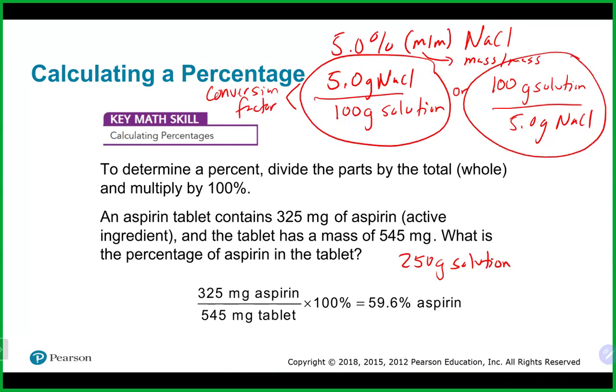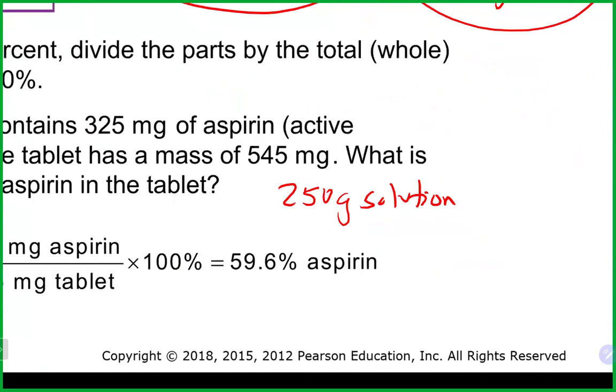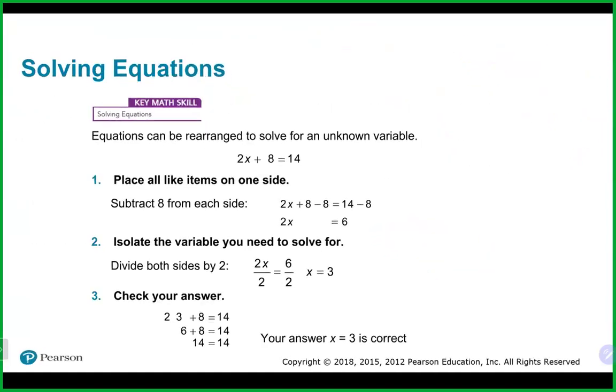What determines which one we want to use, to keep it very simple, is opposites cancel. So if we want to get rid of a unit, we have to put the exact same unit in the opposite location. Now you may be looking at me and going, 250 grams of solution, what location is that? So although it is,